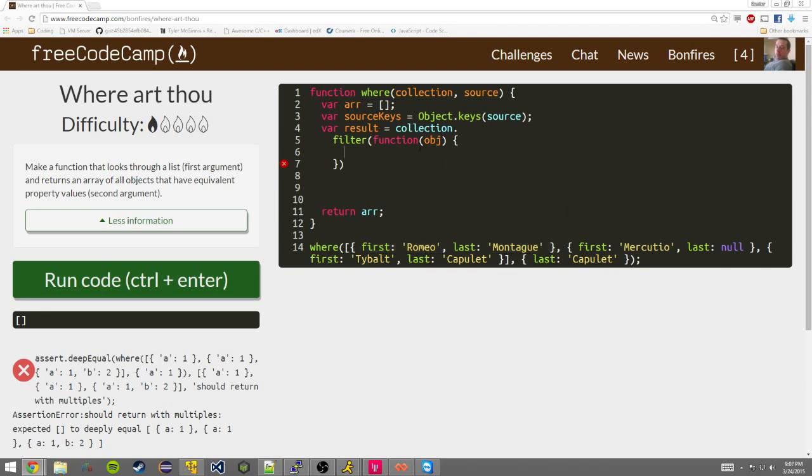And now we have to run through our source keys and compare them to what's inside the object to see if there are the same number of keys and all are the same in both the target and the source. So we have to make an iteration again, and that could be made with a for each maybe or with a for in loop. I always prefer the iterators, so in this case I will do a source keys